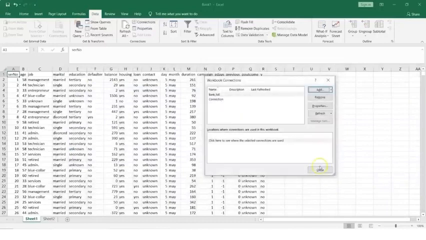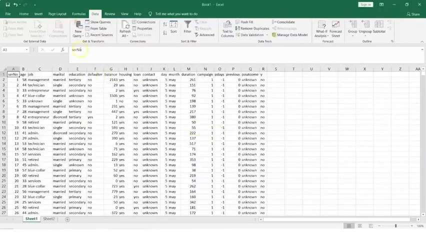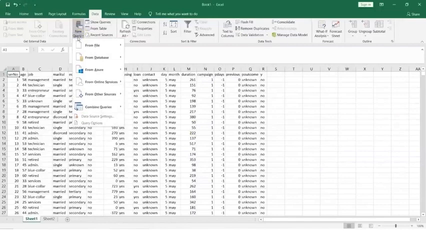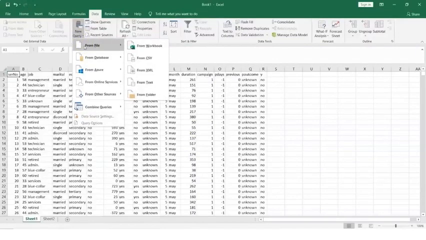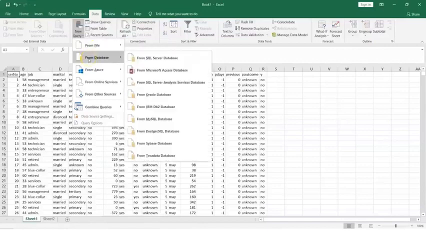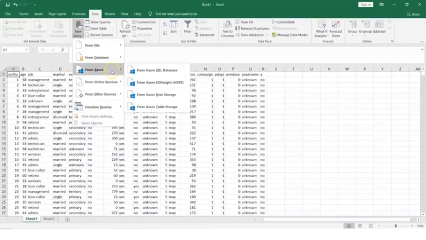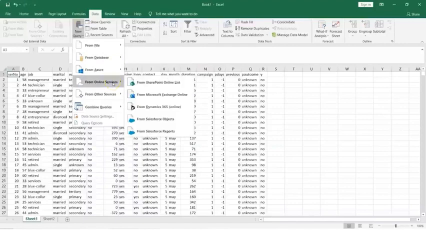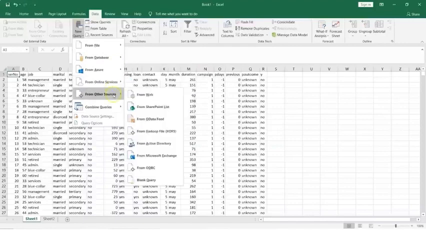Similarly, we can also click in here which says new query, and that also gives you an option of getting the data from your files, from all these folders, from databases. So you can click here, and then you can import data from a MySQL database, provided that is set up on your local machine or on a particular server. You can go from cloud, you can get it from online services, you can get it from other sources which says from web,